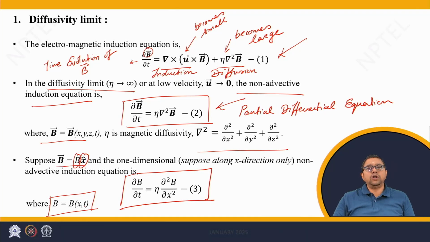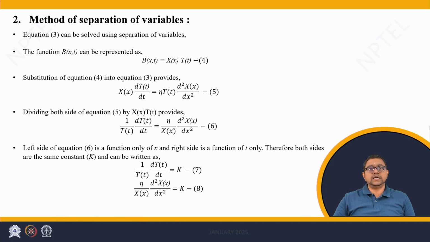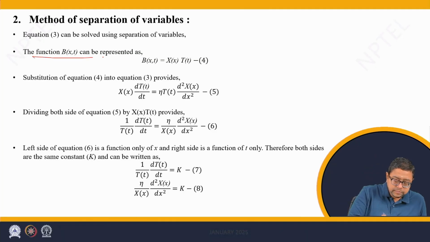Now, we are going to look into the processes and the methods which can be utilized from this equation. First, we will solve this equation and see what are the consequences of the solution and the characteristics of these solutions. This diffusion of the magnetic field is a very useful concept in relation to geophysical studies, which we will also consider later. First, let us look at the method of separation of variables which we will be utilizing for the solution of this equation.